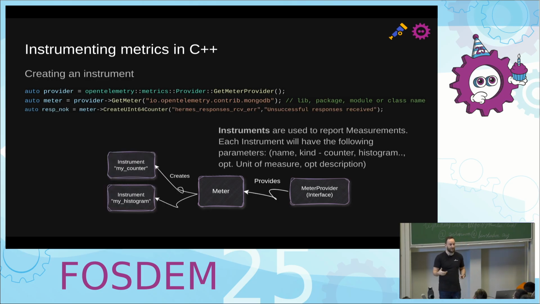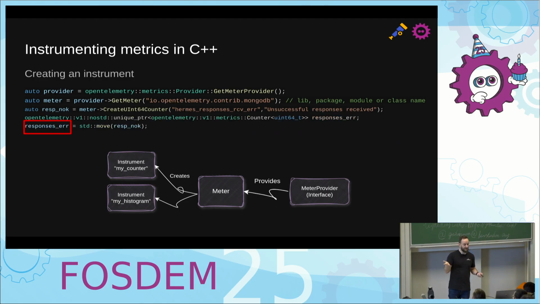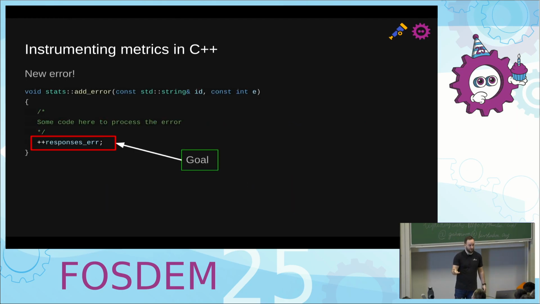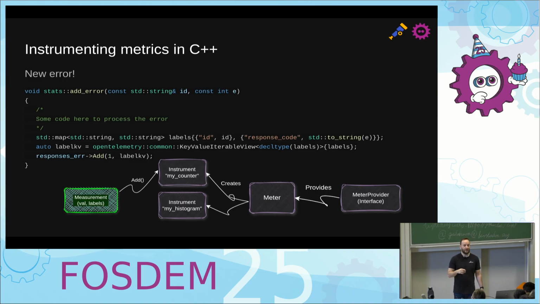And then I can ask this meter for an instrument. And what is an instrument? In metrics, you can have different kinds of instruments, so a counter or a histogram. So that's a meter. Then I'm done, because now I have my counter, my instrument, and I can say, okay, I have one more error, and I push it, right? So we are now done with our goal. We know how to say, okay, give me one more error, or I want to report that I had an error. Well, we just need one more thing, which is, if we go to real code, what you will be having is